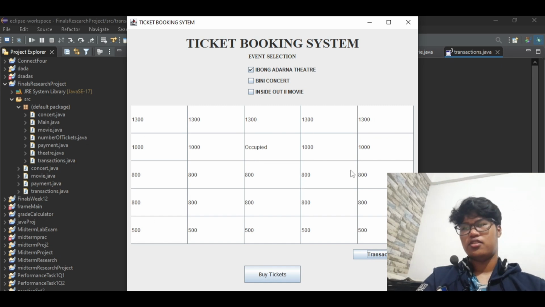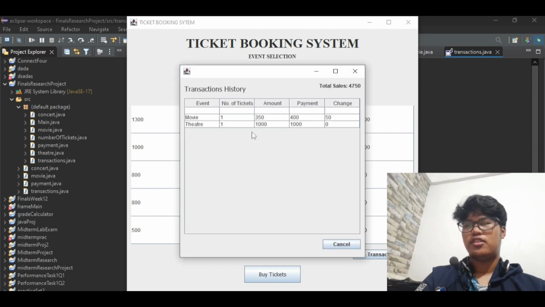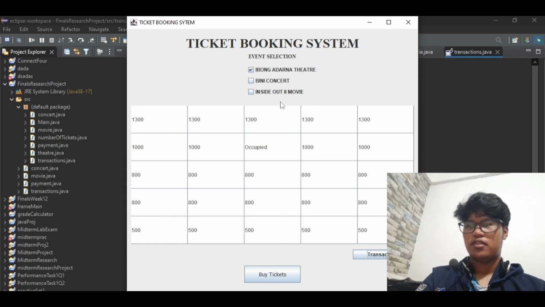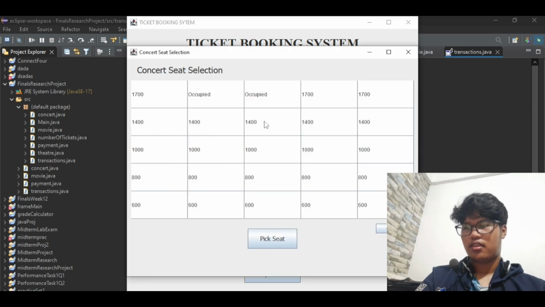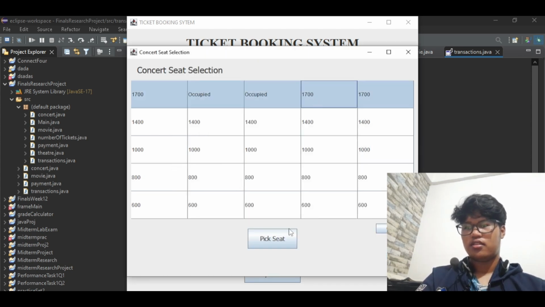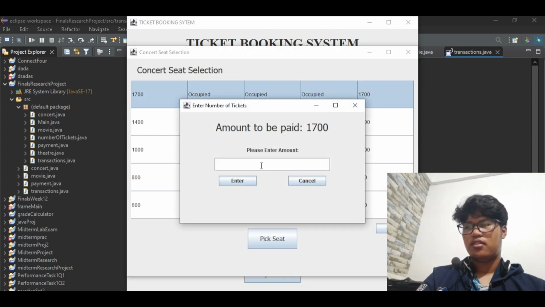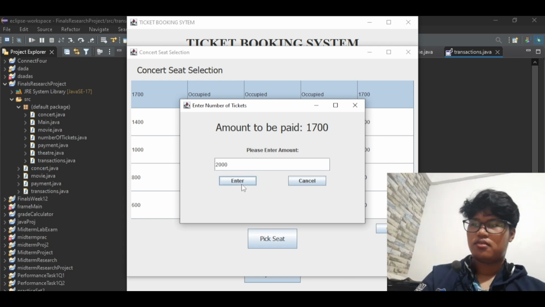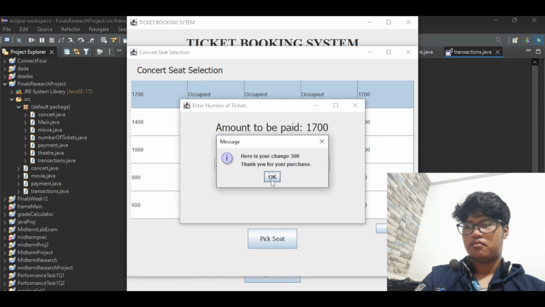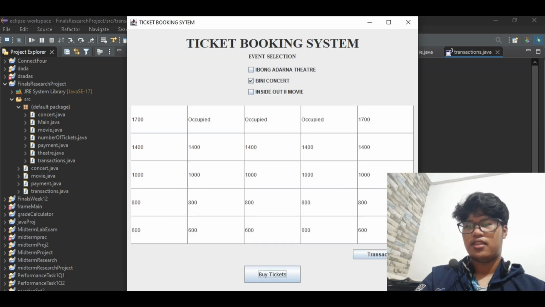So, transactions. Whenever you buy a ticket, it will be stored in a transaction page just like this. For example, if I want to buy a ticket to a Bini concert, one ticket, that's it. I will pay 2,000 and then change of 300.